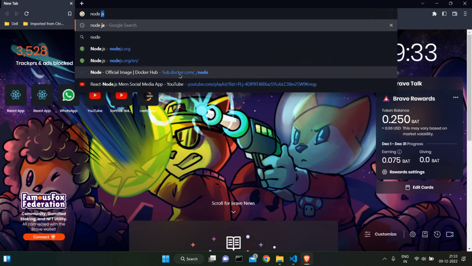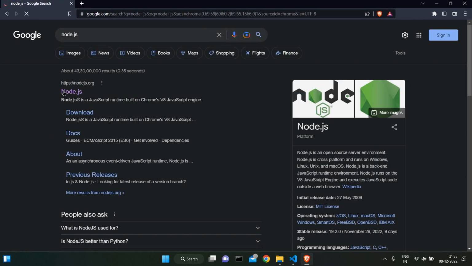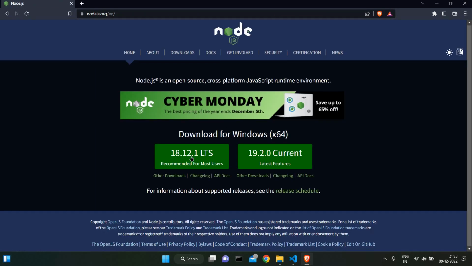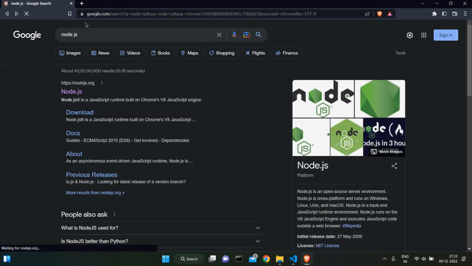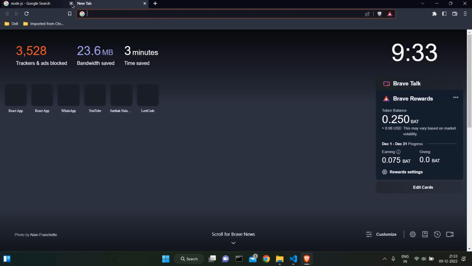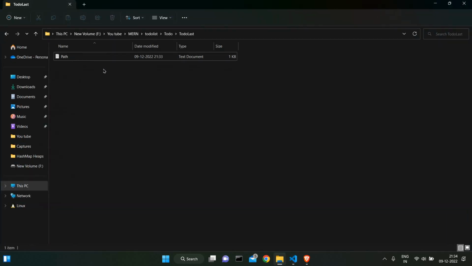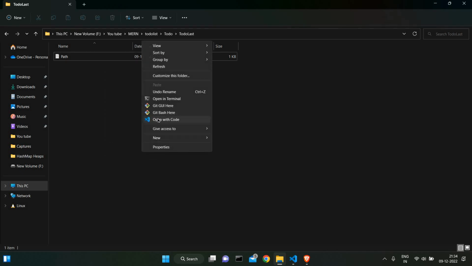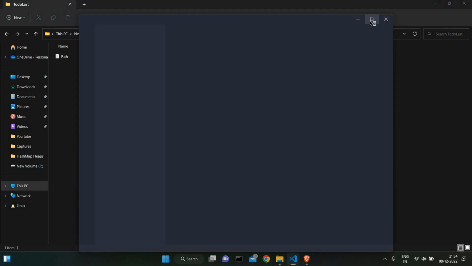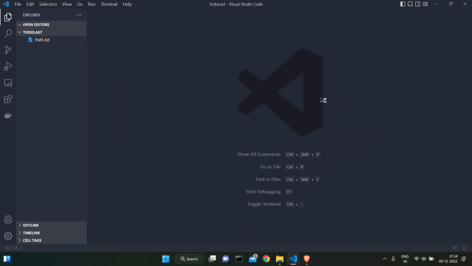For React you need to download Node.js. So let's visit the Node.js page, and from here you can download the Node.js environment required for your system, whether Windows or Mac or Linux. Okay, so I have already installed it, so I am not going to install it again. For now I have started one server, but we are going to build our application from scratch. So I will just open this window in VS Code,